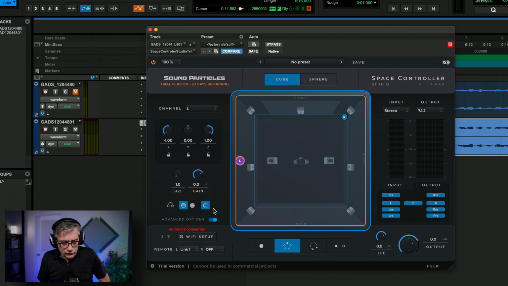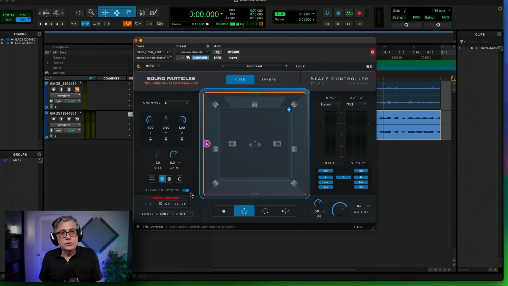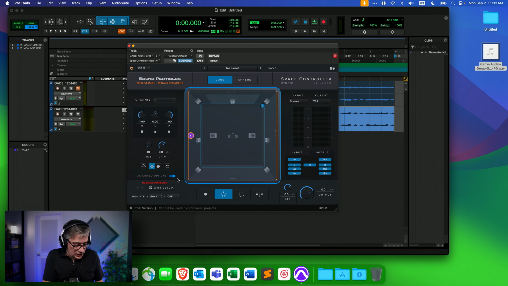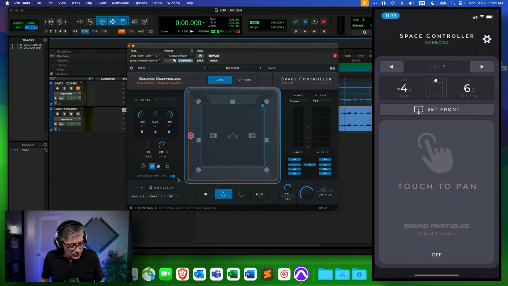Now, I'm going to turn it off, and I'm also going to turn off the snapping here because I don't really need that. The thing that is a lot more interesting to us for this particular video is the connection. What this part here does is it allows me to connect this Space Controller plugin to the Space Controller application on my smartphone. For that purpose, I'm first going to open up the Space Controller application. So let's open that up here. And as soon as I've opened that up, you notice that it has already connected. The reason for that is because I did a test beforehand and I already did the connection.